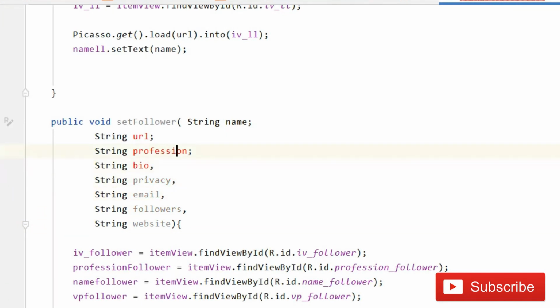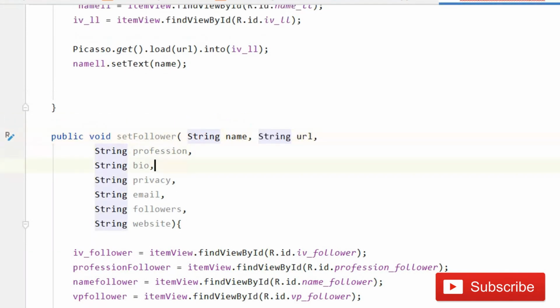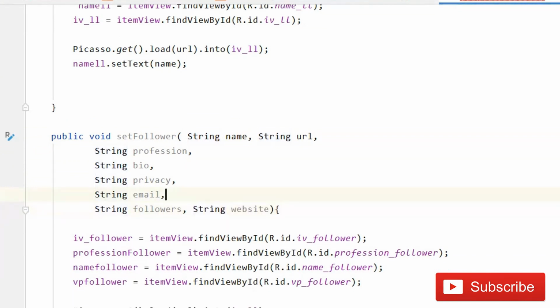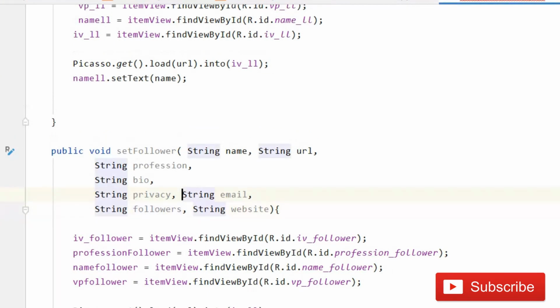I'm doing this because we will use request view holder, sorry, request member, in set follower activity. So that's why we have to do this. Understand? Don't worry, that will be okay.